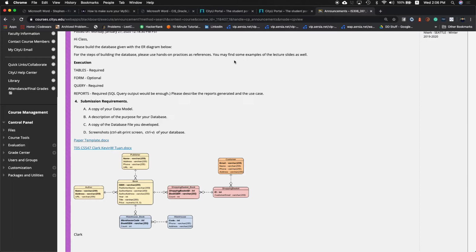Queries, we've been doing that in class, right? The SQL exercises. And reports, there's two ways again. Another way is to create reports with the graphical user interface. Think of it like when you use Microsoft Excel and then you click create a chart. When you do a SQL query, you have a report. I don't require you to do that. That's why it says here, SQL query output would be enough. So just show me